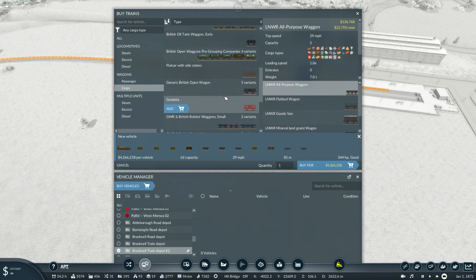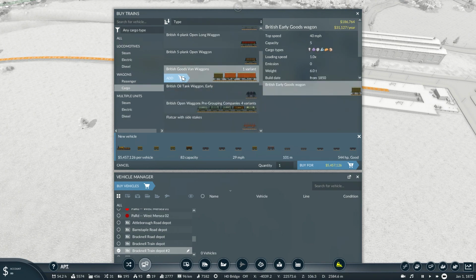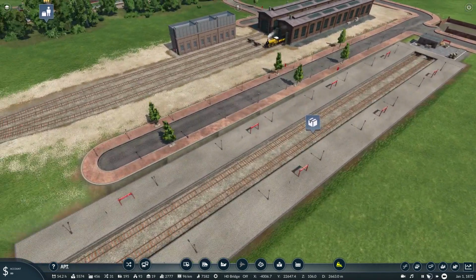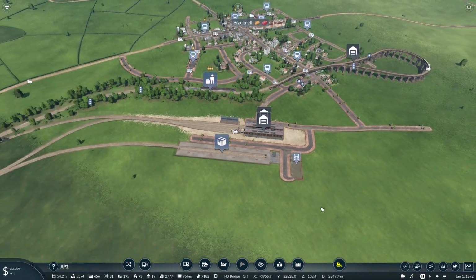62 capacity. Let's go for another generic. That. There, and then close it off with that. 88 capacity. We shall buy one of those. We shall then redirect. We should then send that onto this line. Oh, hopefully it doesn't crash. No, did not crash. We shall then pause this because we are going to want to see how this train